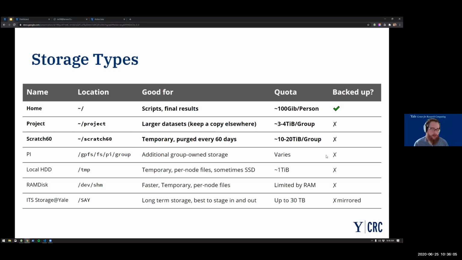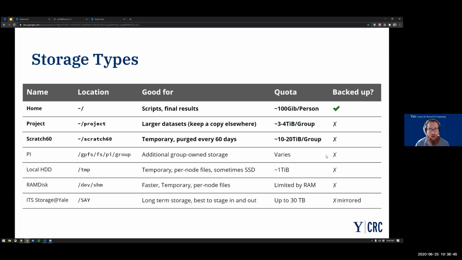So there are myriad buckets of storage that exist in various places on the clusters. And I think, as you will find with a lot of aspects of these machines, they are complicated beasts. And if you really dig down, there's a lot of complexity. But for the purposes of this talk, I just want to talk about 3 places where you can have files, and then leave the rest of this for you to review later if you want. Also, feel free to reach out to us if you have further questions.